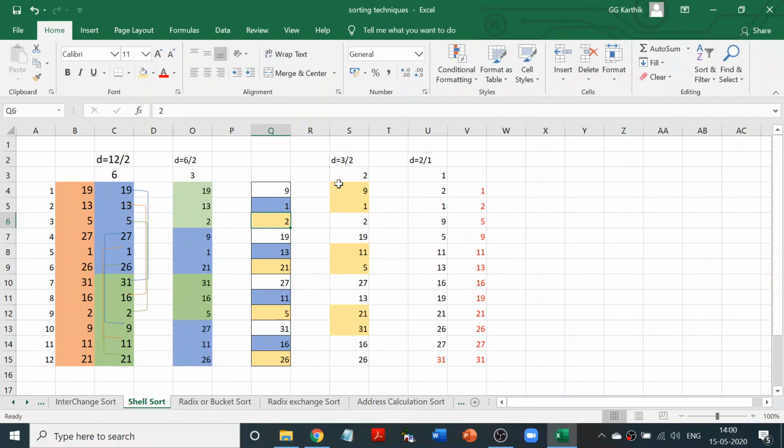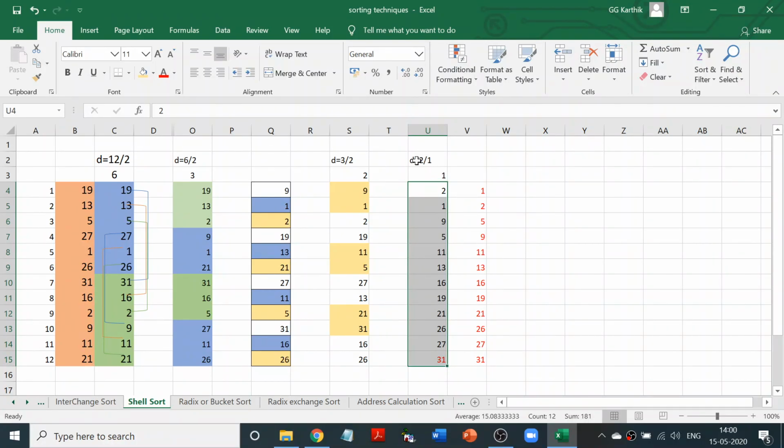Then you have this list, you have divided again by 2. So I'm going to consider the upper bound, I'm going to say it is going to be 2, and I'm going to divide the list into twos, twos, twos, twos. Then compare all the ones and compare all the twos, you get the list here. Right, all the ones should be sorted, all the twos should be sorted. After doing that also, this is the list you have with you. Is it sorted? No, not yet. Until you get d equal to 1, only that list will be the sorted list.